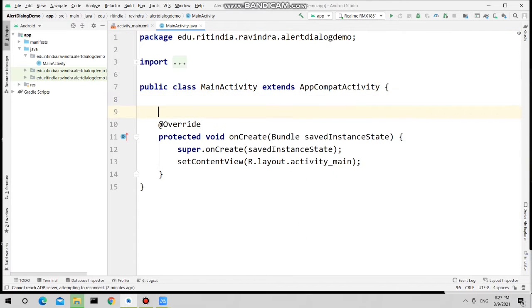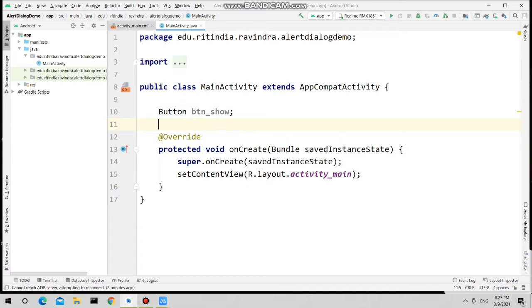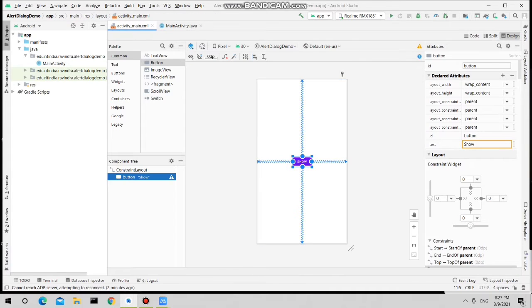Now create the button object and set the id. I'm setting button underscore show as the id.